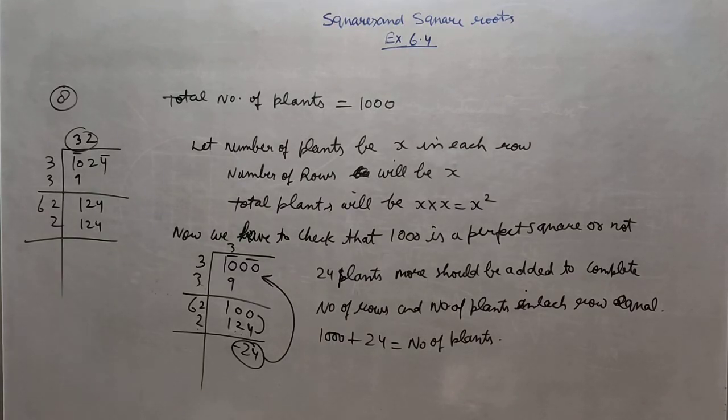Right? Now there are 500 children in a school. For a PT drill, they have to stand in such a manner that the number of rows is equal to number of columns. So how many children would be left out? Now what do you mean by left out? Here we have to see how many children we can subtract from 500 to make it a perfect square, because we cannot add children here. We have to leave out so that we can make a square, make a pattern so that number of rows and number of columns can be equal. Reason is because 500 is not a perfect square.